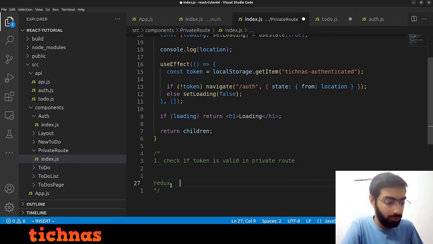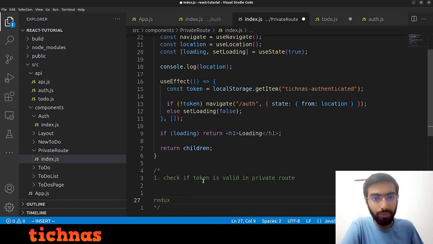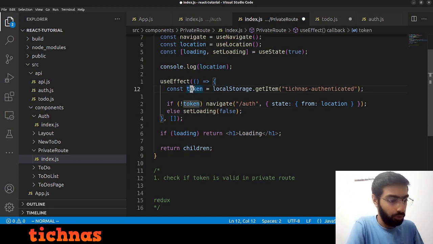So you use global state management libraries like Redux, or for the sake of demo, and since you don't really have any more states, I mean you just have one single state which is authenticated, so we can use local storage for that. There won't be any issue. And again, if some user tries to play with local storage explicitly, then our frontend won't say anything to the user, but our backend is still secure enough to not give the data which the user is not authenticated to get. So we will not take token, we will check